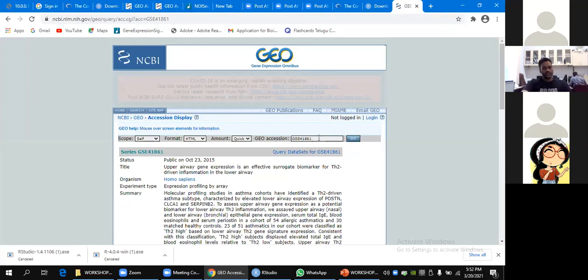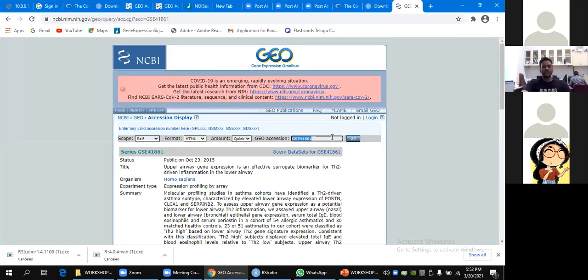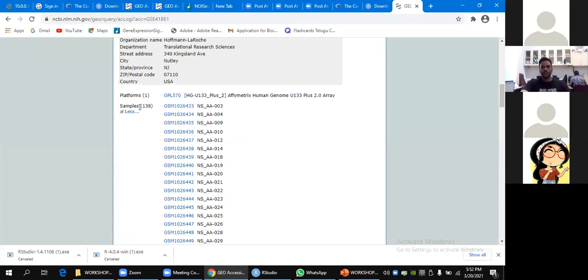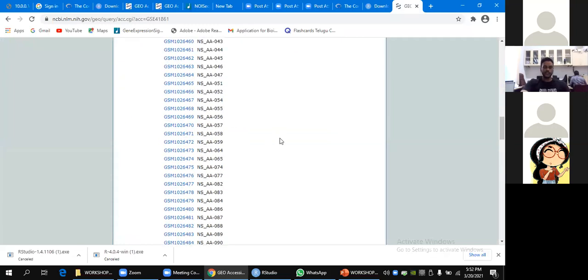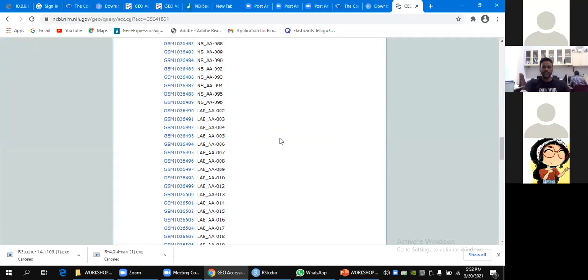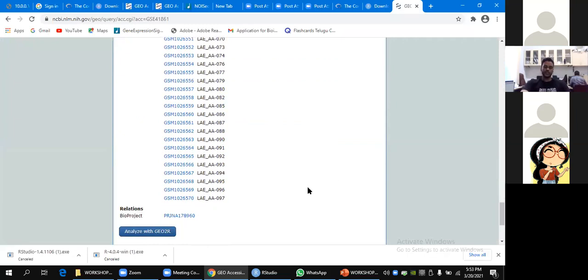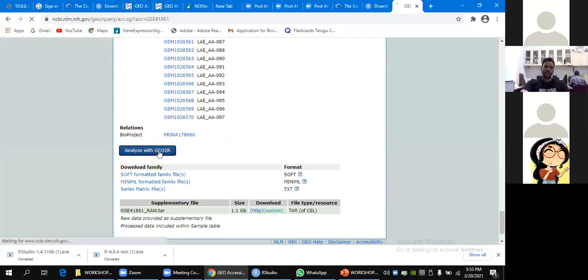The first expression dataset has an accession number of GSE41861. It is a dataset comprising asthmatic and non-asthmatic patients. Total samples are 138. It is listed here, and each patient is given a unique identifier, like GSM1026433 is the identifier for a single patient. Likewise, different identifiers represent which patient is in which condition, asthmatic or non-asthmatic.